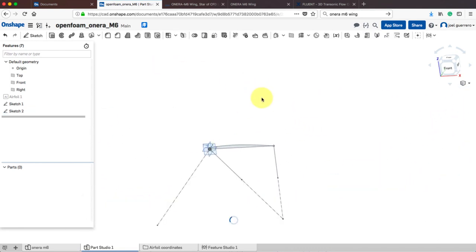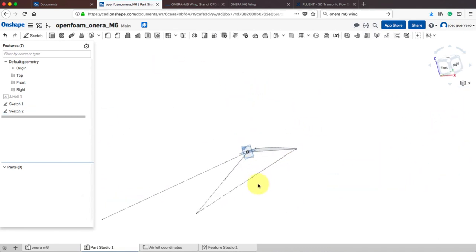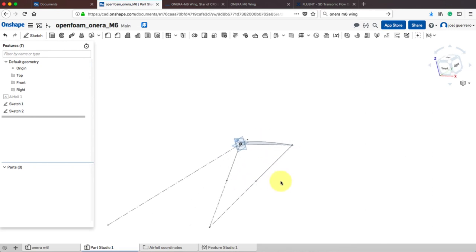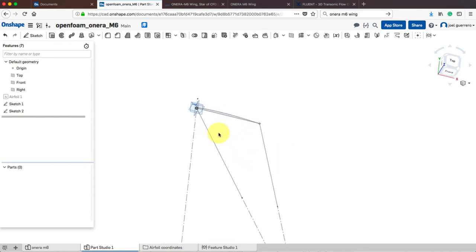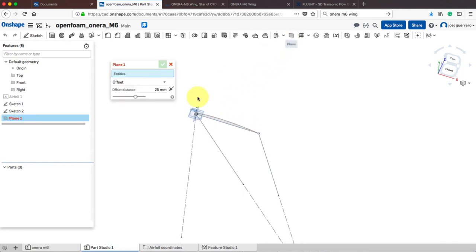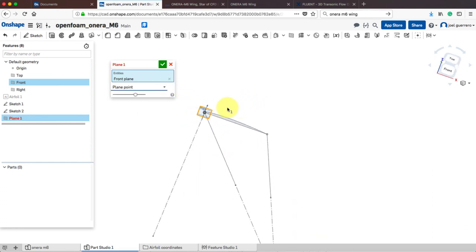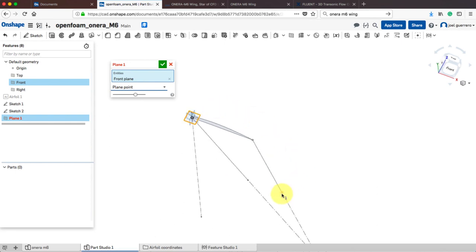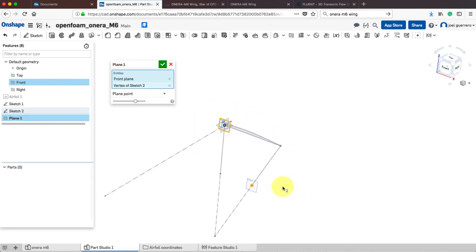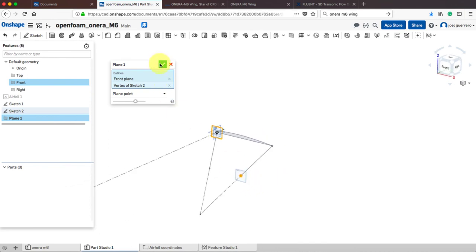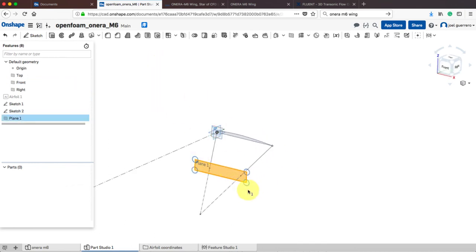So our next step, now that I have the point here, is to create my construction plane to project that airfoil. There are many ways to do that. For instance, we know that distance, so probably you can do an offset of this plane a distance to this one. But I will choose to do plane and point. So I want to use this plane and put it here. Automatically it will put it there. And now in this plane, I will do the projection of this airfoil